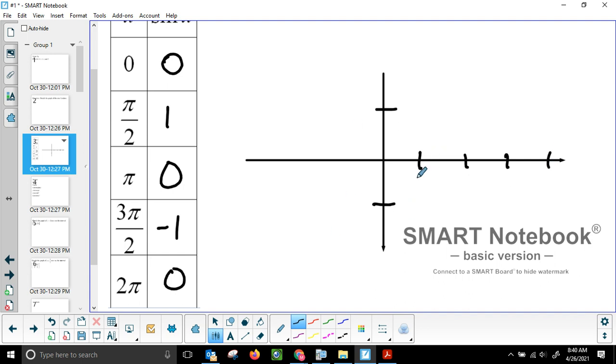here we can say that the origin is 0. This will be pi over 2. This would be pi. This would be 3 pi over 2. And this would be 2 pi. If we go ahead and graph these, of course, we have the point (0, 0). We have the point (pi over 2, 1). (Pi, 0), (3 pi over 2, -1), and (2 pi, 0). So if we connect these with a nice smooth curve,